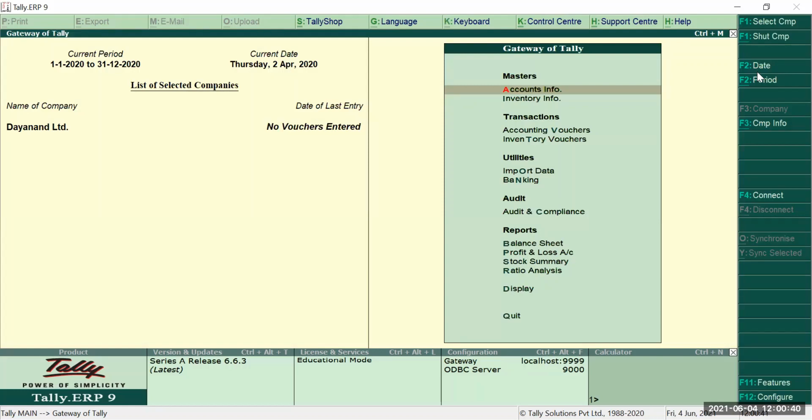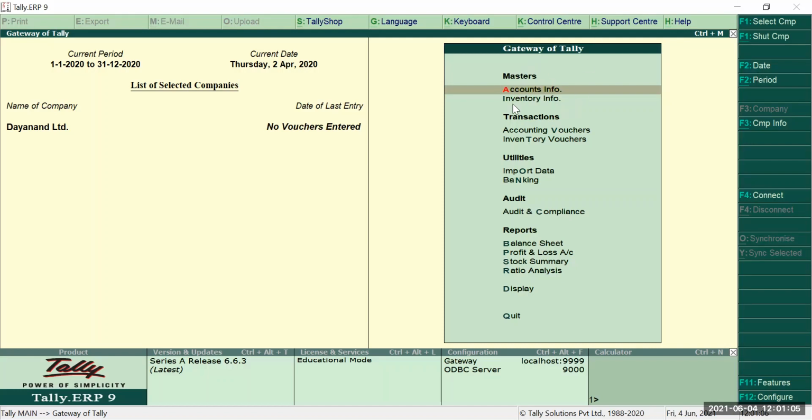I have created a company, I have opened that company. That is clear to you all. Now, when we are doing accounting in Tally.ERP9, we need to create a ledger. The basic step is creating a ledger. Okay, now ledger is a master. It is known as a master in Tally.ERP9.